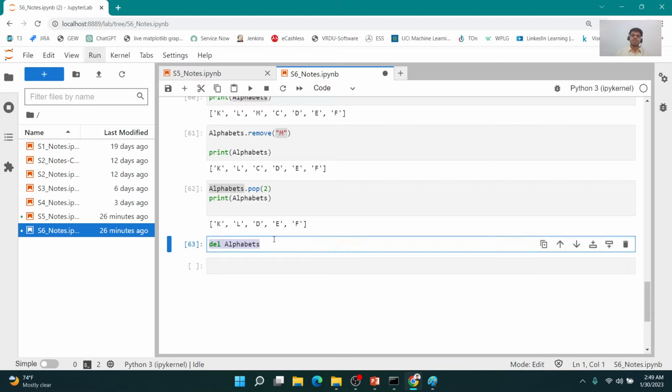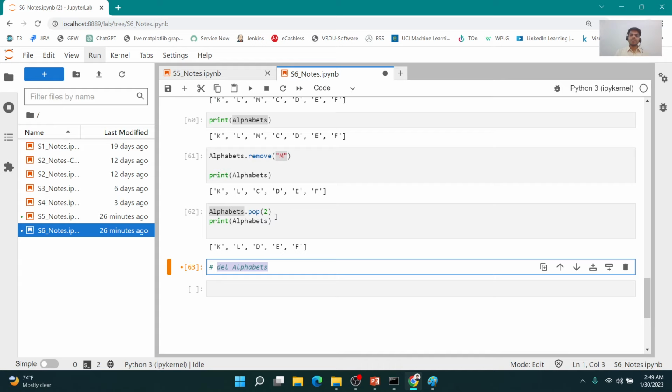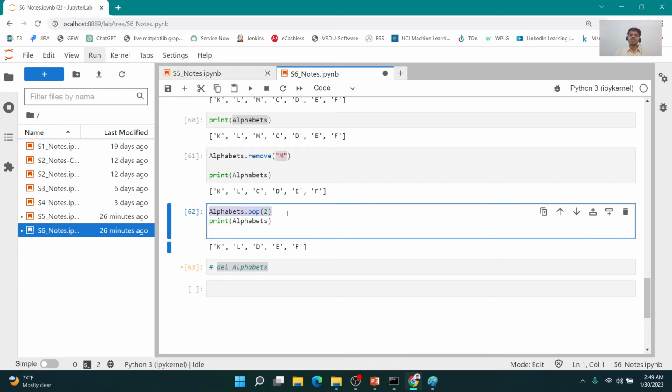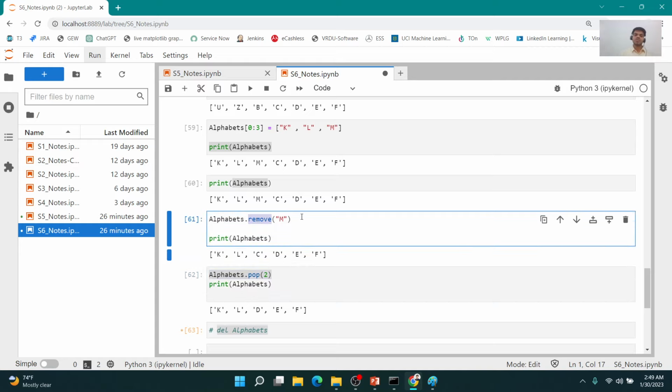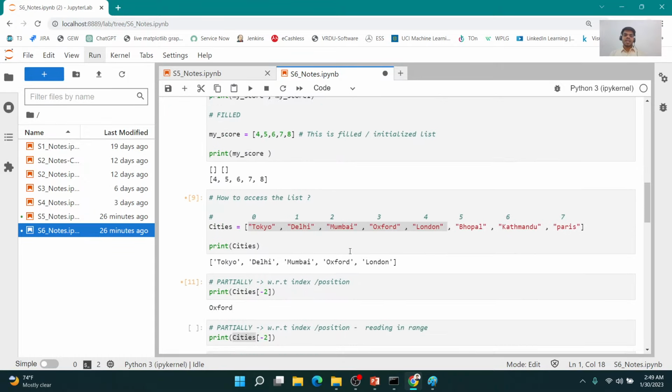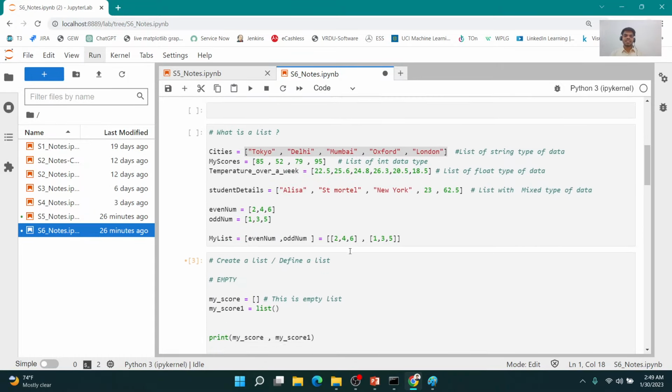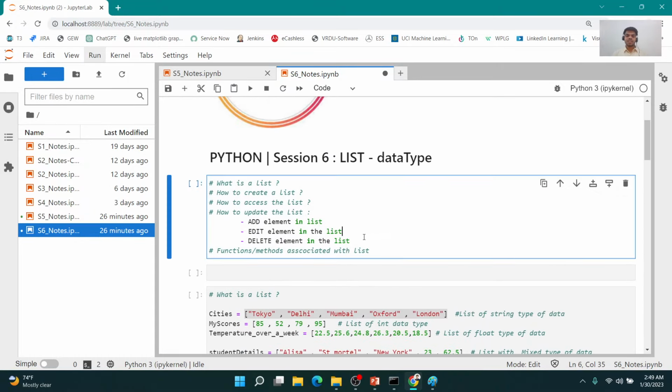So that is also something you can do. Pop basically helps you remove the content at a certain position. Remove function helps you remove a certain content with respect to whatever you provide here. Okay. And now let's look at the last thing in our agenda, and that is functions and methods